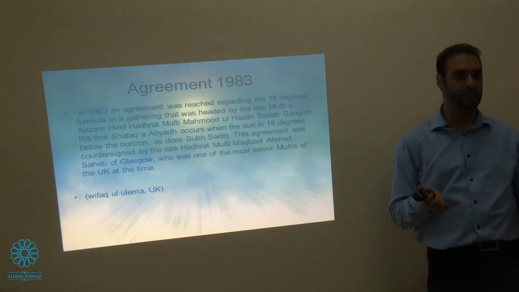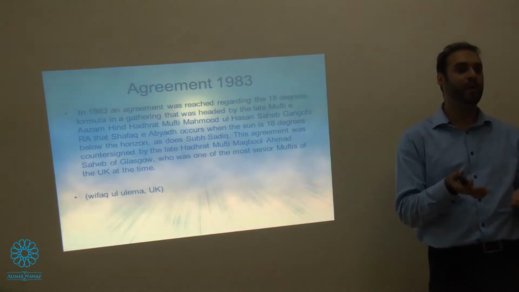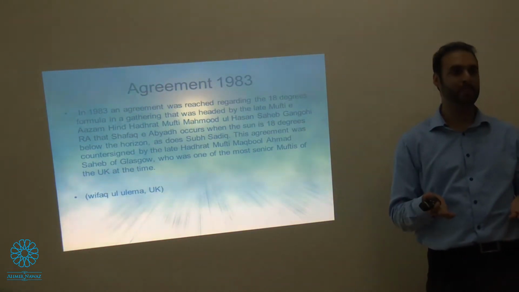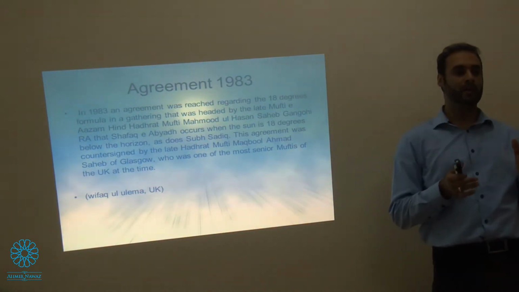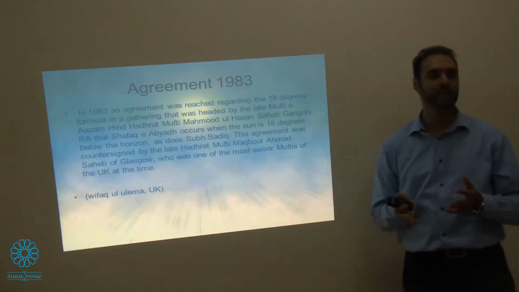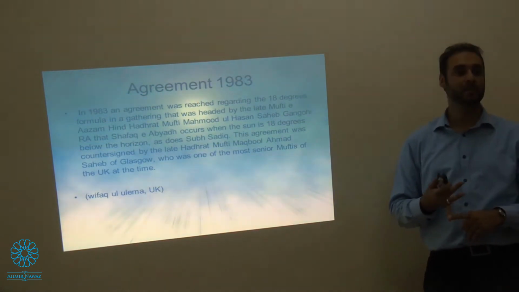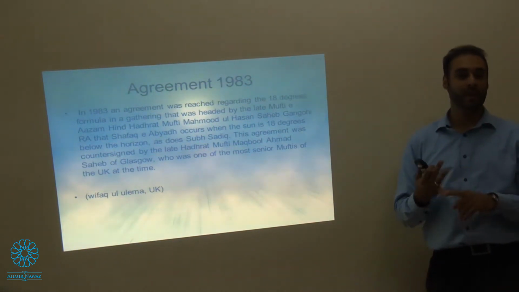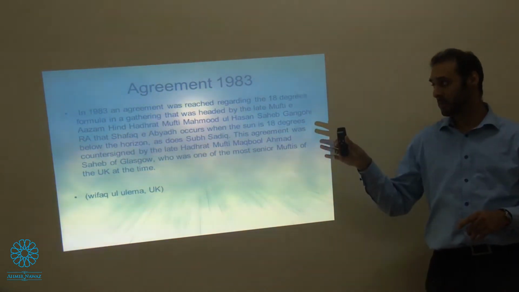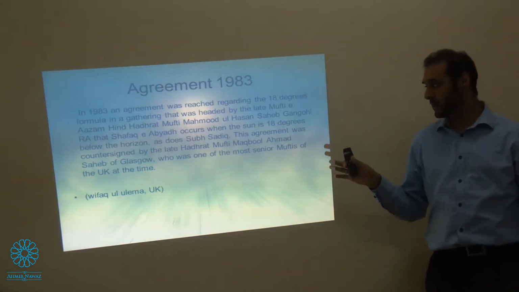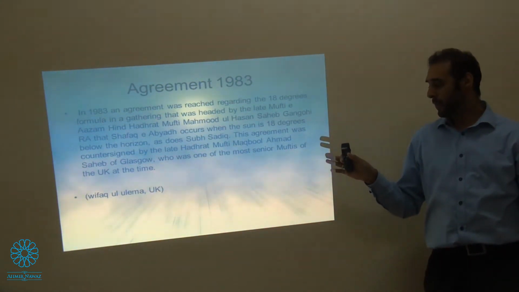We can't detect Fajr times properly, or Isha times, or moon times for that reason. So we've always been shrouded in controversy, and we've had problems from the beginning regarding moon sighting and regarding Salah times. Why? Because most of our skies are always cloudy. So in 1983, the ulama had an agreement where they all agreed that we were going